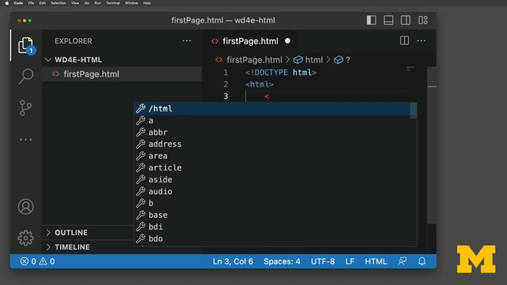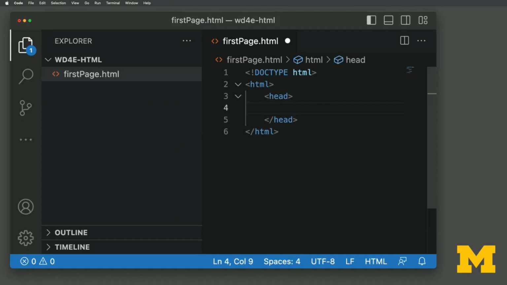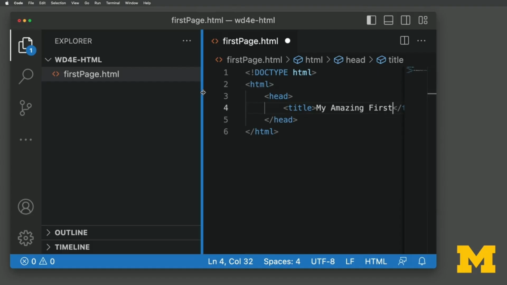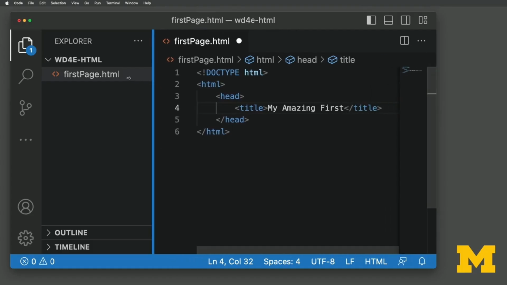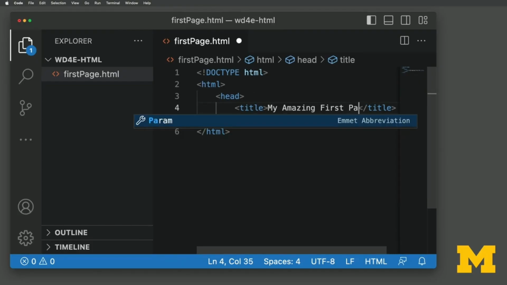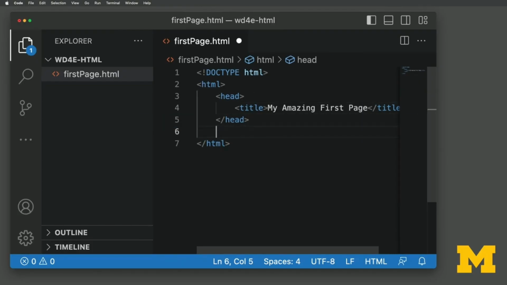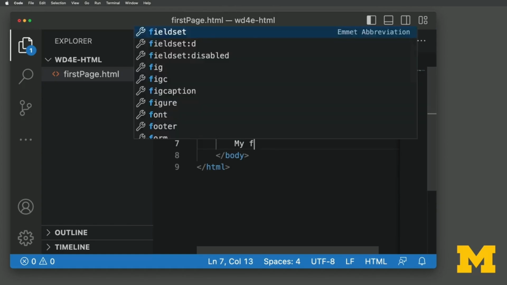I'm going to add my head. I'm going to add a title. Let's call it my amazing first page. You know what? Did you notice I'm running out of space? Let's resize this a little bit so we can have as much room as we want. My first page. And then I'm going to add a body tag where I will, again, just say, my first